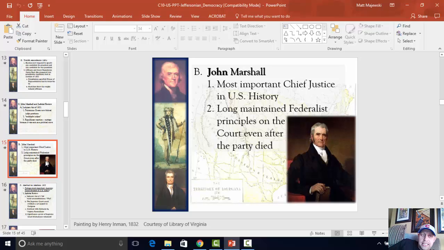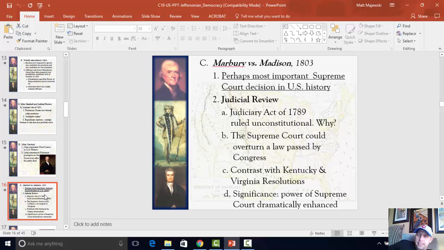And so he sees this case, Marbury versus Madison, as his opportunity to pump up the role of the Supreme Court and to pump up and preserve the Federalist Party, even though they've lost the White House and Congress. So, most important court case in U.S. history. Why is it important? Well, Marbury sues Madison, says, I never got my commission, and that's wrong. I should have gotten it. And what John Marshall rules, all right, is that, hey, it's kind of a complicated one here, right? So let me summarize. Marshall says, hey, Marbury, you're right. You probably should have gotten that commission, but here's the problem.